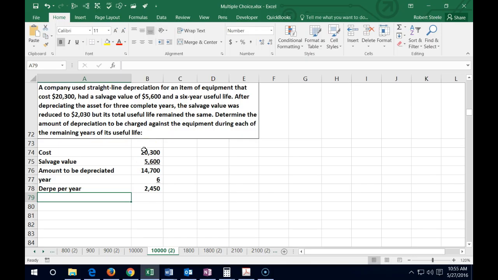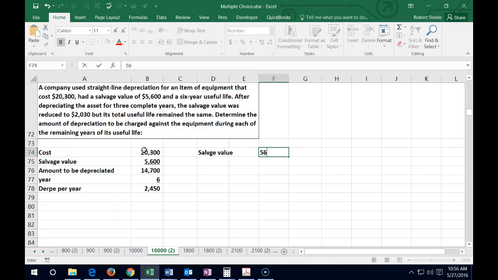And so what happened, where did we get left off as of the end of the 3 years and then the estimate changed? So after year 3, we note that we had an original salvage value, which was of course this 5.6, and then it changed. We had an estimate change. Salvage value is going to be the 2,030. So that's going to be the adjustment we need to make to the salvage value. So we're going to say this equals 5.6 minus the 2,030. This is the adjustment that we need to make, and we need to make it at this point in time